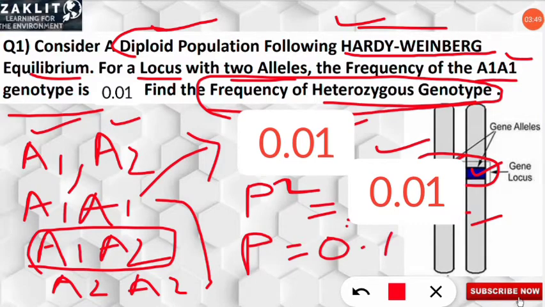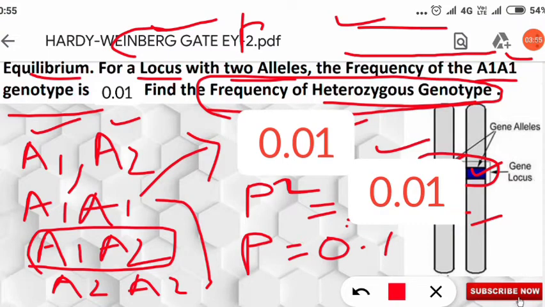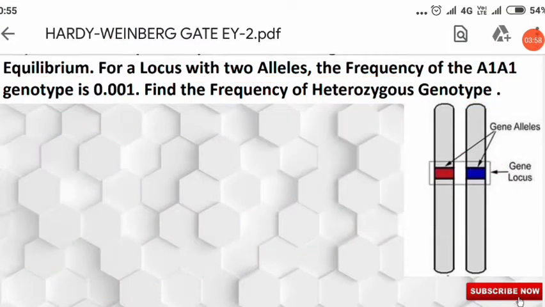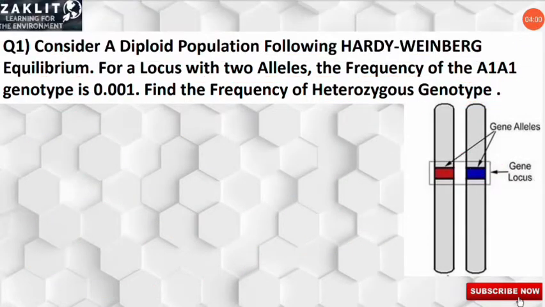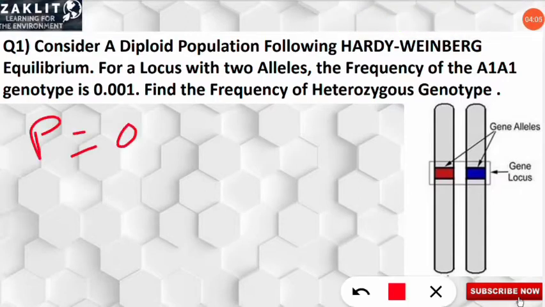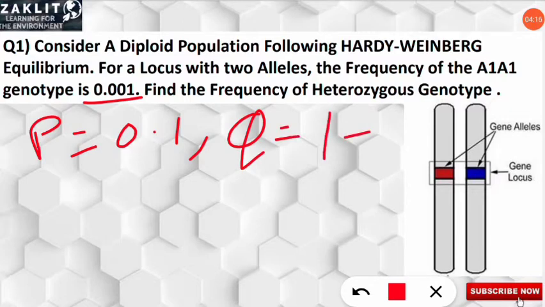So from here we got P is equal to 0.1, and the next thing which is important in Hardy-Weinberg is P plus Q is equal to 1. That rule we all know, that P plus Q is equal to 1. So I will erase all this and will write for your convenience that here we got P is equal to 0.1. So I'm not going back to write all these things. So you should know P is equal to 0.1 we got from this data, and Q is equal to how much? So P plus Q is equal to 1, you know. So Q will be 1 minus P, that is 1 minus 0.1 is equal to 0.9.